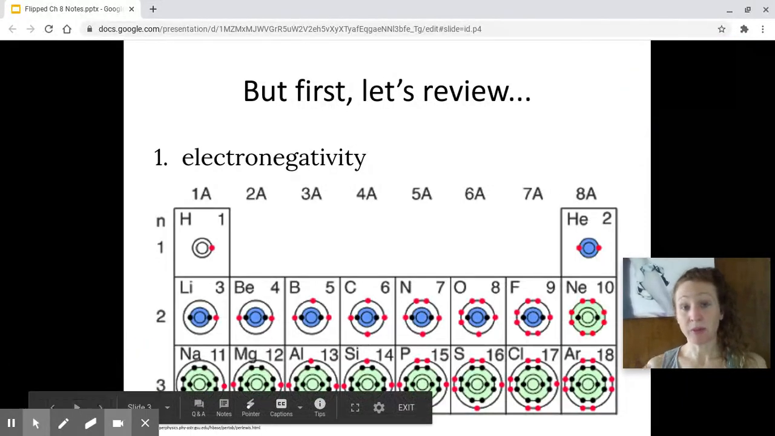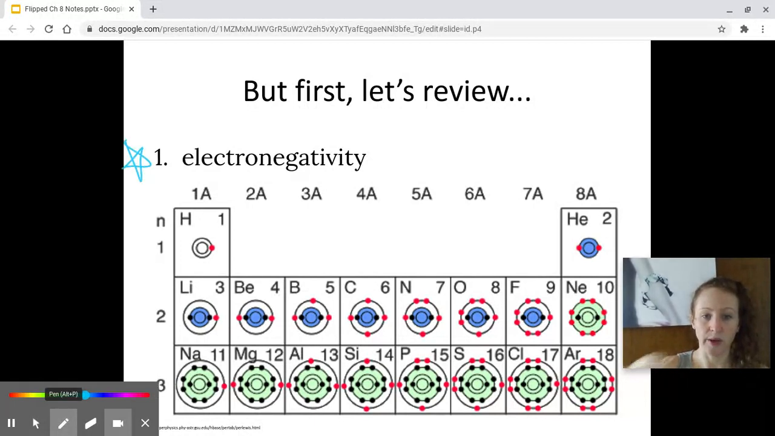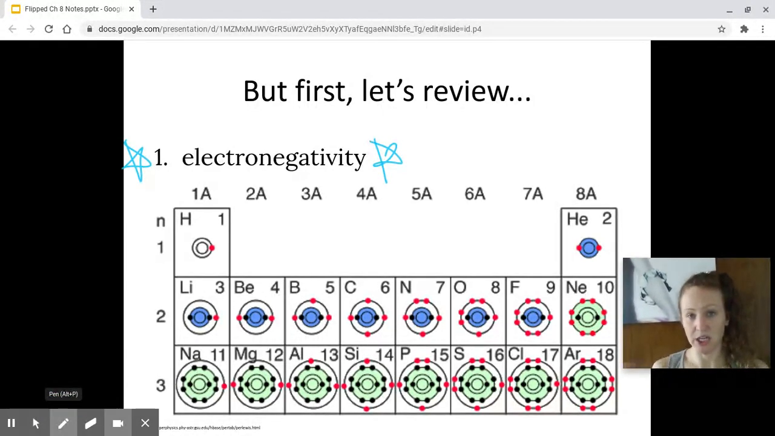All right, but before we get into all of this, let's just take a minute to review. So first of all, I want to review electronegativity. When we talked about the periodic table way in the beginning of the year with chapter 7, we reviewed a couple different periodic trends like ionization energy, electronegativity, atomic size, and ionic size. But electronegativity kind of becomes our important one moving forward. The other ones definitely have implications and are good to understand,